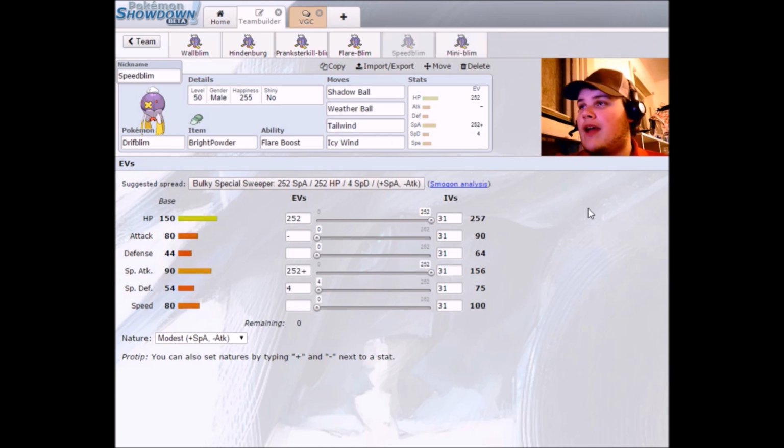First and foremost, we got the Speed Control Drifblim, which is my personal favorite and the one I even run. Typically you want to run a Modest Nature just because the Tailwind and everything will kind of put you in the lead for everything. Alright, so what you want to do is you want to have the BrightPowder on you. That way you have at least a little bit of survivability and not having to use that Precious Focus Sash on that you could use on other Pokemon such as Whimsicott or...